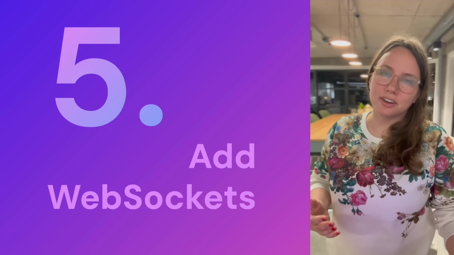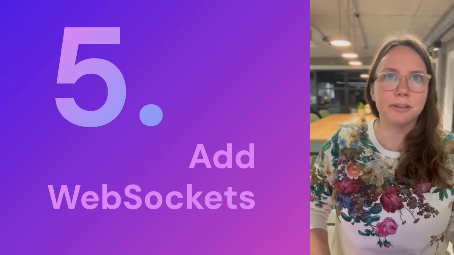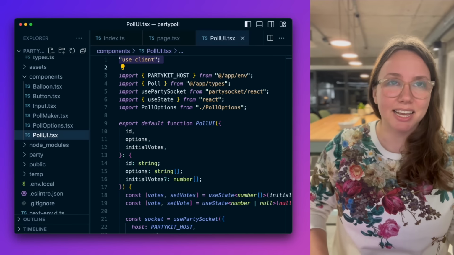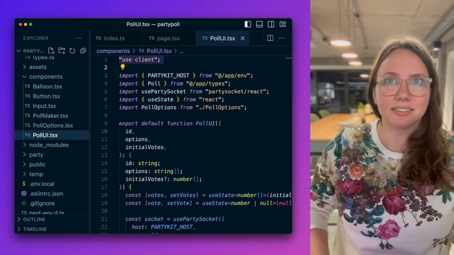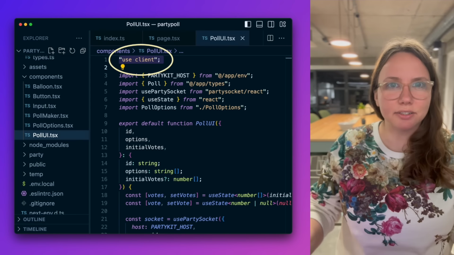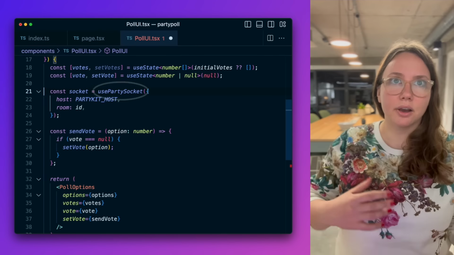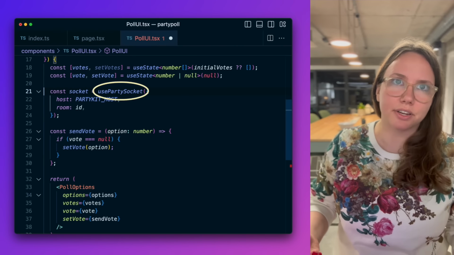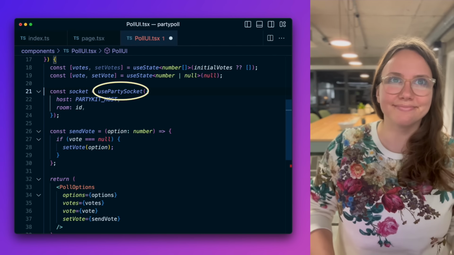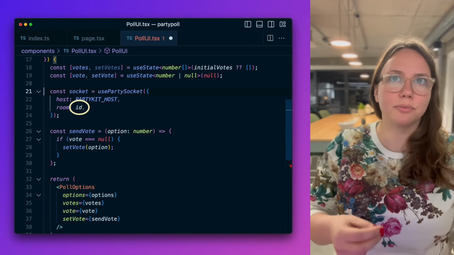So far, we talked a lot about WebSockets, but we haven't actually used them yet. The PartyKit server is ready and waiting for WebSockets. So let's connect them. Let's go to the component that renders the poll. Please note that this is not a server component, so the connection will happen on the user's device. We could use the standard WebSocket constructor here, but PartyKit comes with a React hook, so we're going to use that. We provided the same poll ID, which we created a moment ago, so WebSocket will connect to the right poll.